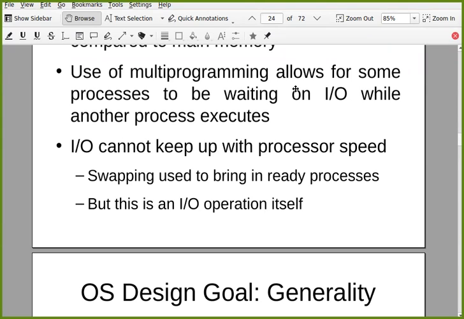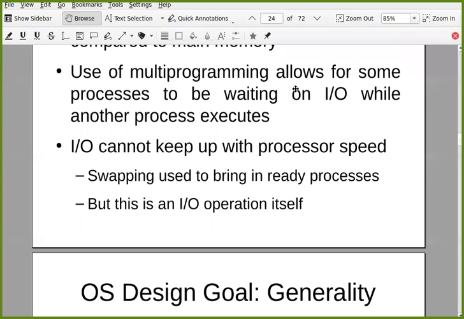We have seen that some of the processes get swapped out and new processes are brought in. But if all processes are blocked on some type of IO, you need to swap out one process so that you can free some main memory and bring in a new process. You swap it out to secondary memory. But swapping out this process is itself an IO operation.